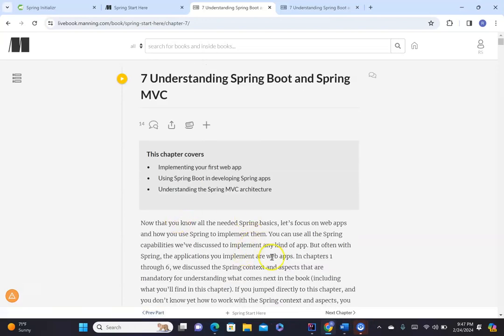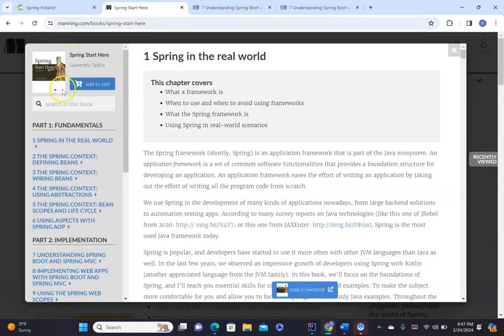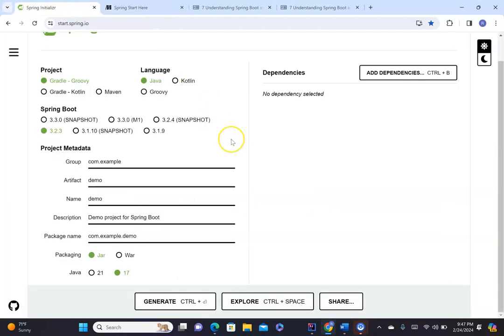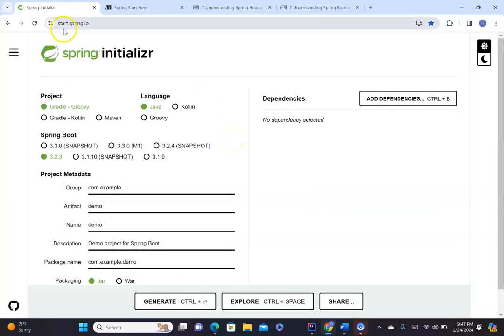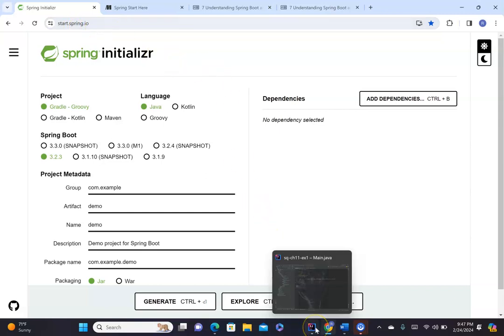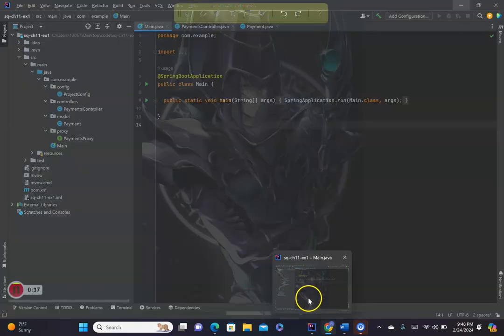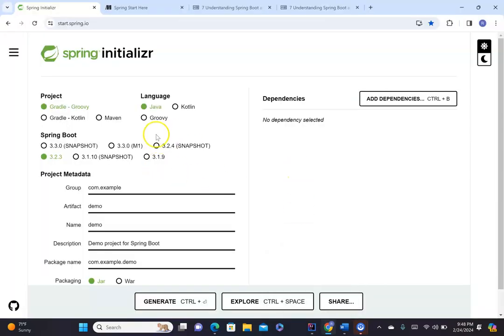If you're a Java programmer and you want to start learning about frameworks, I definitely recommend Spring and definitely recommend Spring Starts Here. So essentially, this is Spring Boot here. You have to go to start.spring.io. There's an alternative way to do it if you have the premier IntelliJ, like IntelliJ Ultimate. However, if you don't, you can use